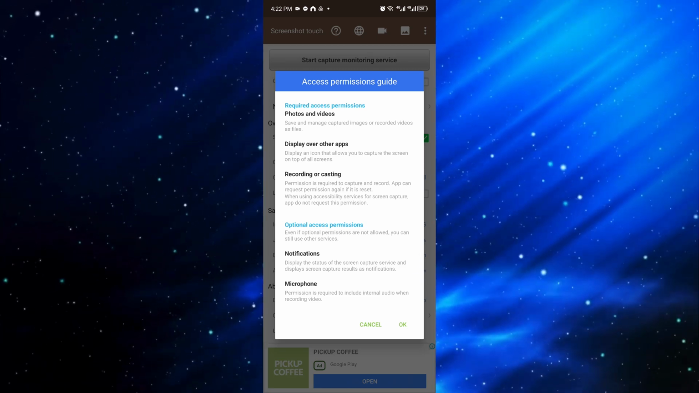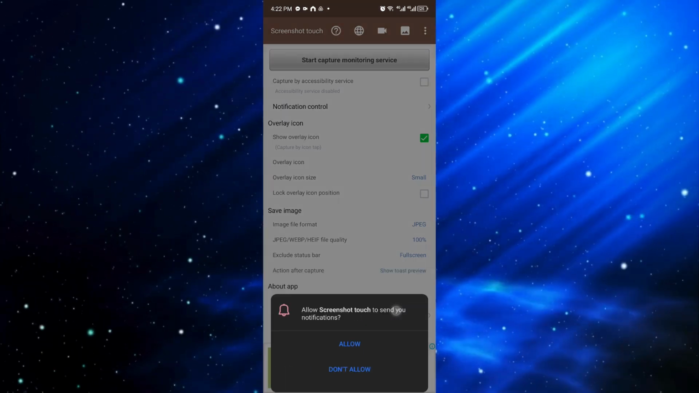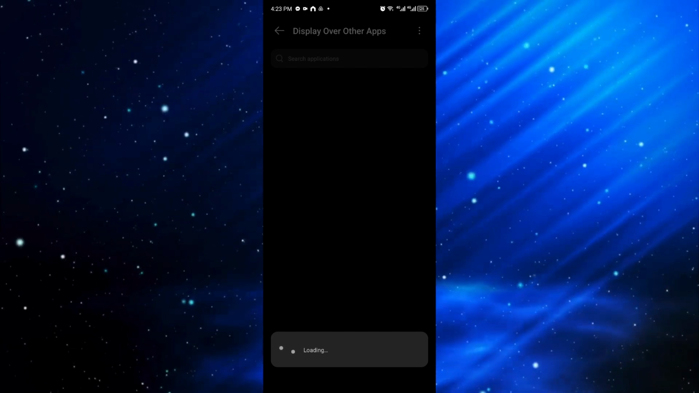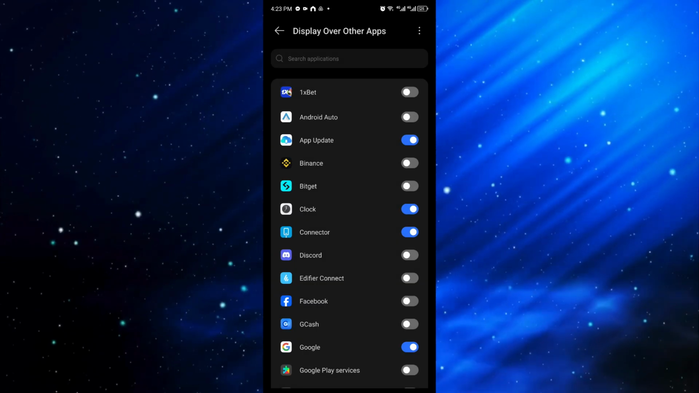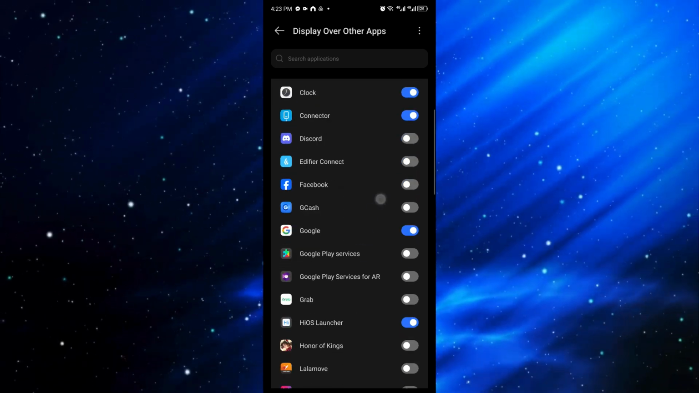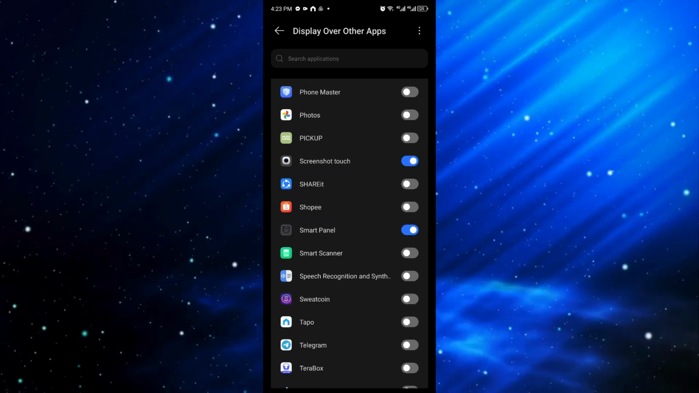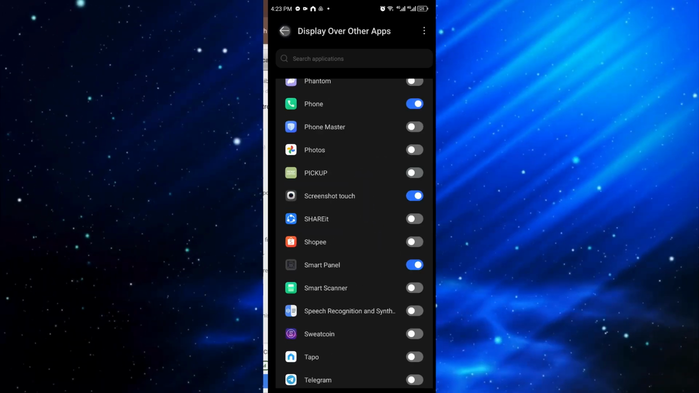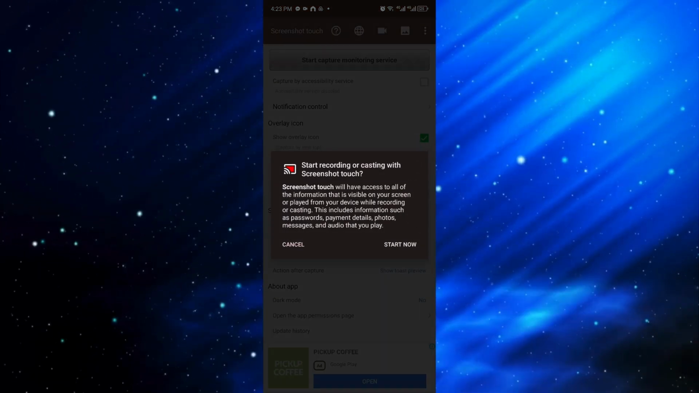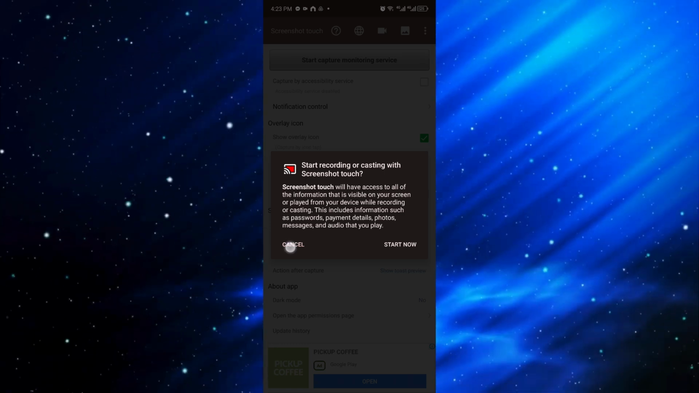and from here we will be required to enable a few settings. So you want to click on OK, click on allow, and from here you want to go ahead and specifically turn on the display over other apps for this Screenshot Touch. So you want to go ahead and look for that application, and after enabling this option right here, you can just go back to the Screenshot app, and now you have to go ahead and click on the Start Now